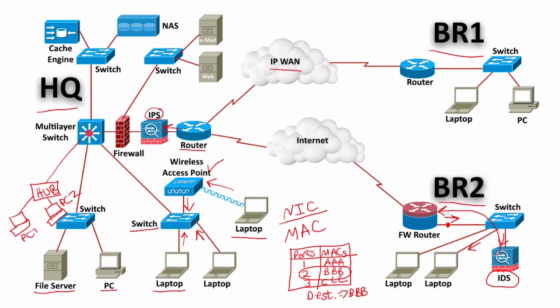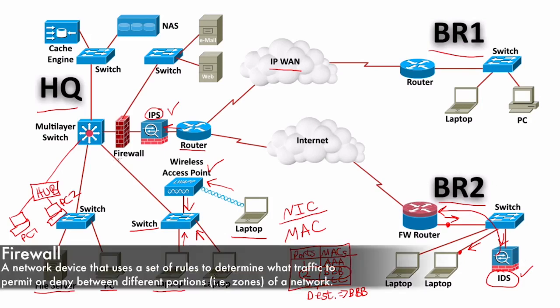And that can happen fairly quickly, but please realize that we might have had a few packets make it to the laptop. And sometimes just a few packets can do damage. And as a result, many people prefer to use an IPS as opposed to an IDS, because an IPS sits in line with the traffic, and in some cases, it can drop those malicious packets before they ever make it to their destination. Another security device is a firewall,